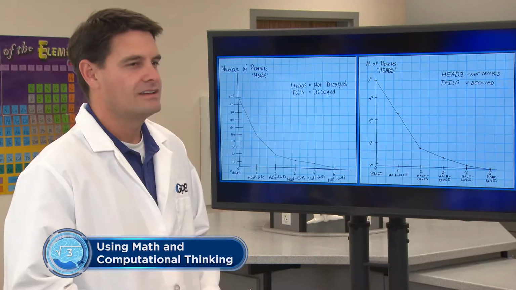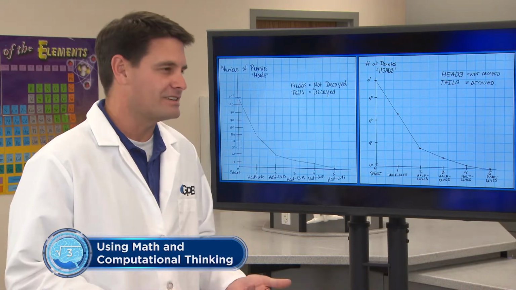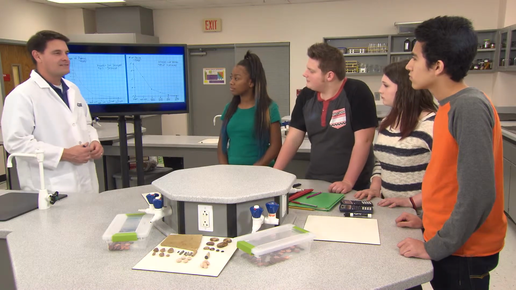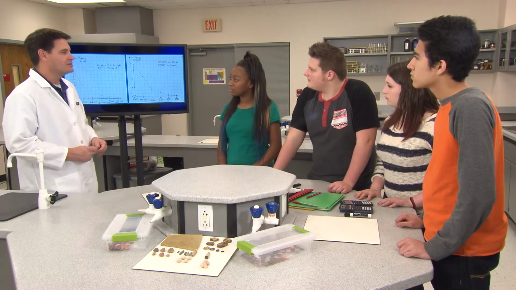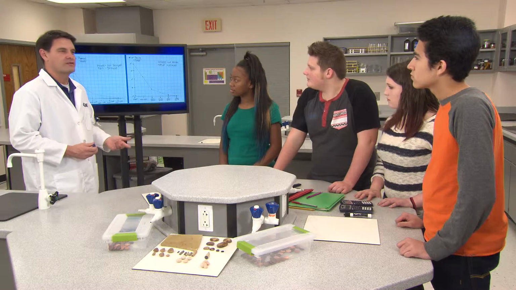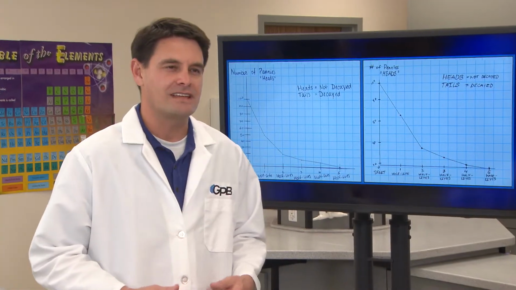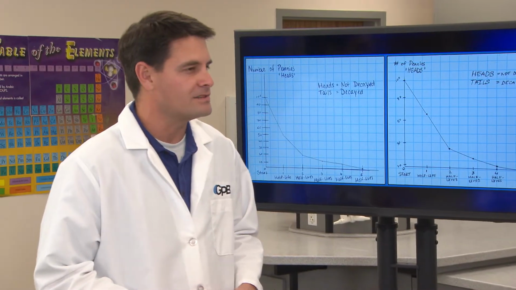Absolutely. Remember, our pennies represent radioactive atoms undergoing a predictable change. Half of the atoms in the sample decay every half-life. So in this example, do we say that the half-life of these pennies equals 10 seconds? Yes, that's the right idea. Half-life is the amount of time needed for half of the nuclei in a given quantity of radioactive isotopes to undergo nuclear decay. And the time needed for that decay will vary depending on the isotope that's being measured.